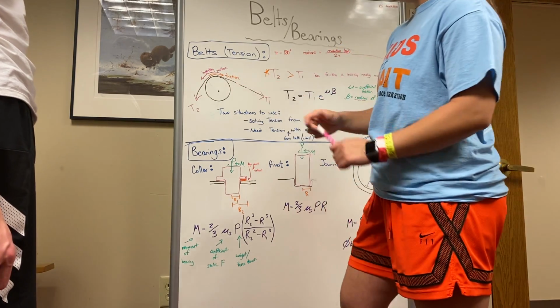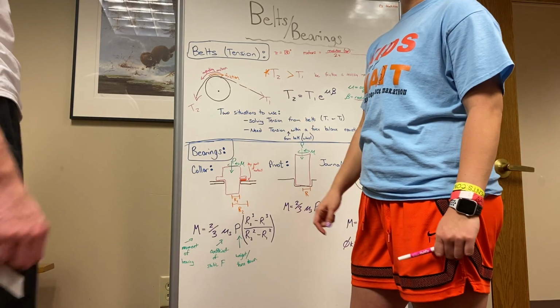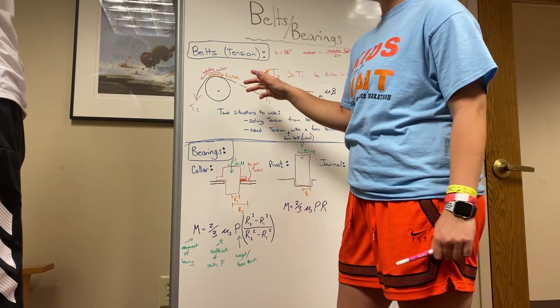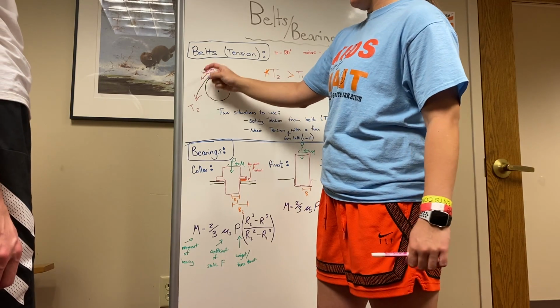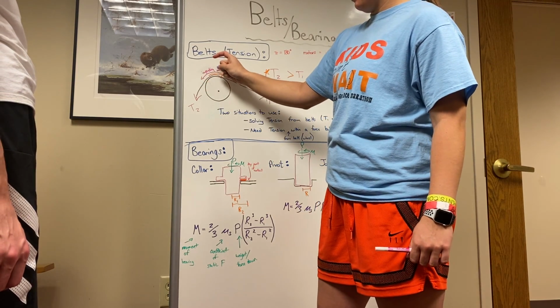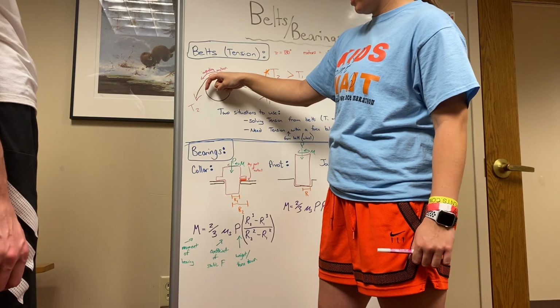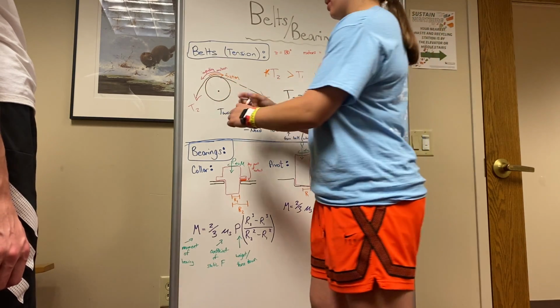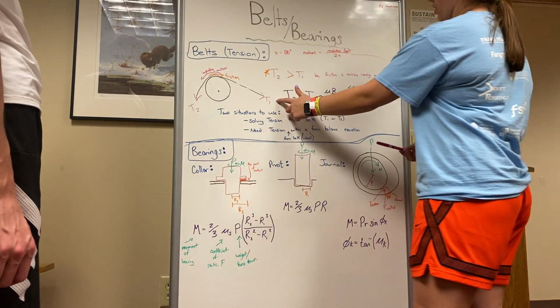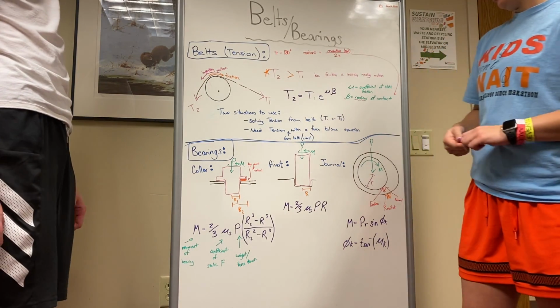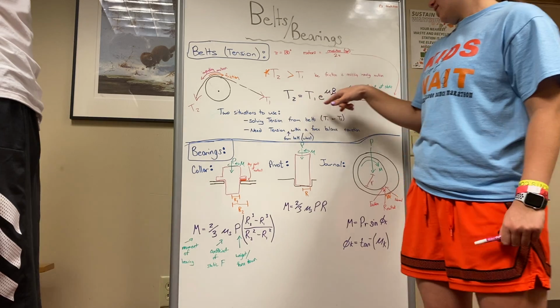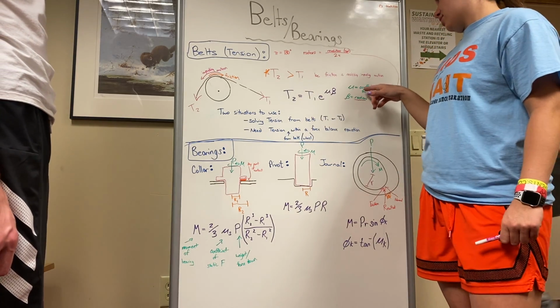I said force instead of friction. Friction is going the opposite direction, and so then our force is also going the opposite direction of friction, and that means that force is greater on T2 than it is on T1 because friction is resisting the impending motion. So, our equation, the U